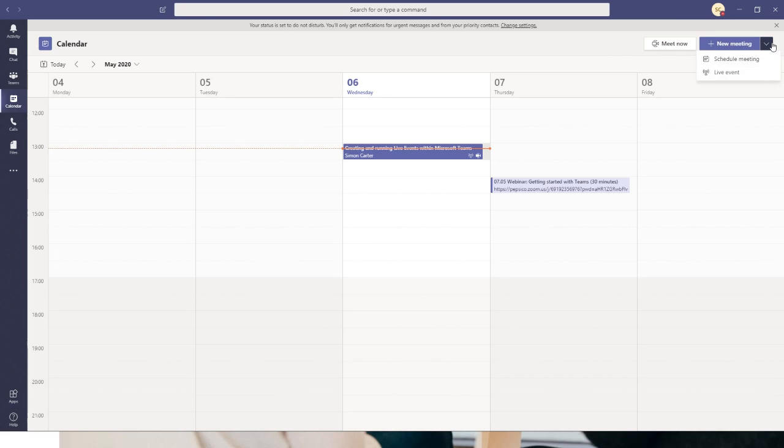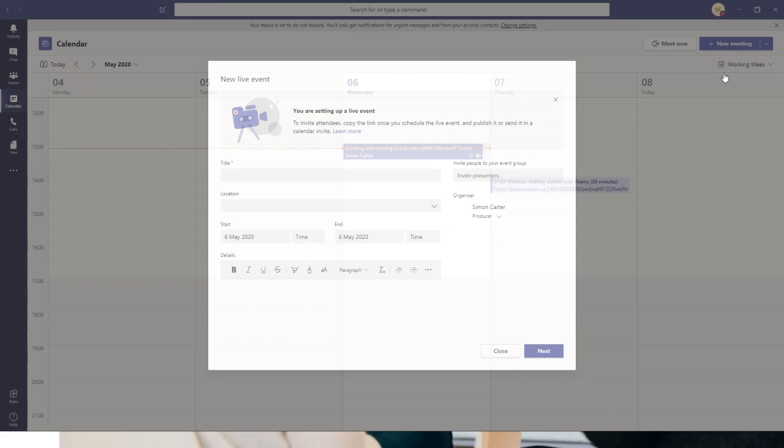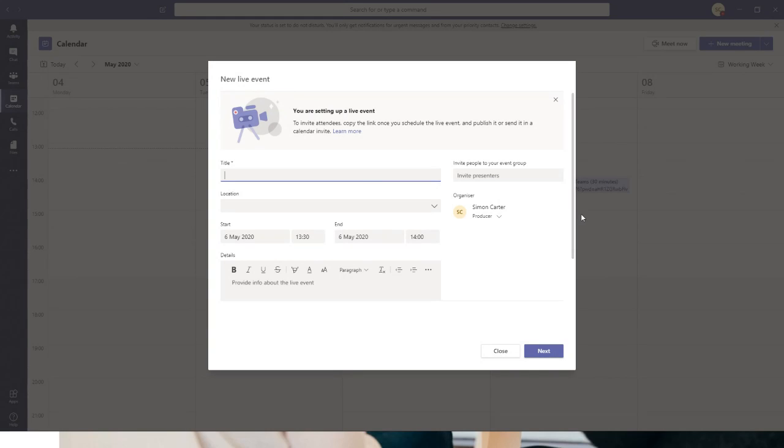On the drop-down menu, however, if live events are already at your organization, I think it's in full general availability now, so you should have it. On the drop-down menu, you can see you've got live event. In the settings of a live event, first thing you need is a title. So let's just say we're going to have